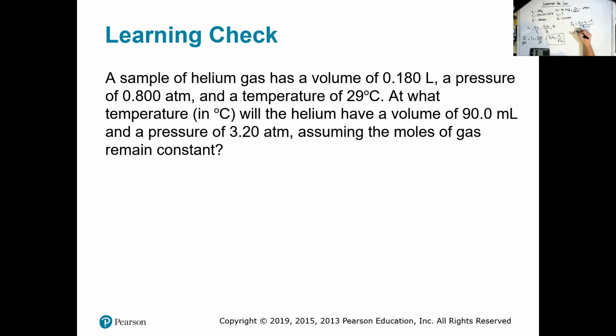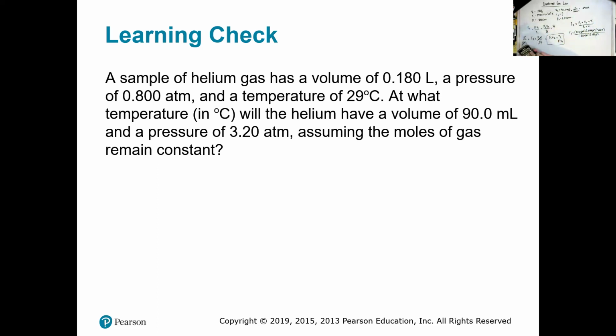So P2 is going to be 3.20 atmospheres. V2 is going to be 0.0900 liters. T1 is going to be 302 Kelvin, divided by P1, 0.800 atm, divided by V1, which is 0.180 liters. Okay, and our atmosphere unit cancels out, our liters unit cancels out, and we're going to get a